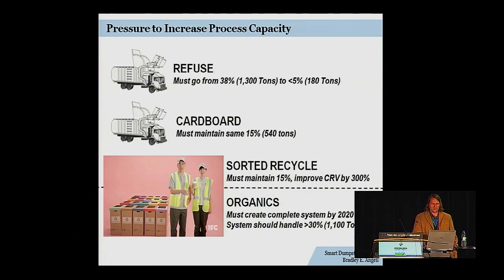So we have a lot of pressure to increase our process capacity. Even though we are at about 70%, we really have difficulty achieving 95% because most of that stream has to come from organics. Right now about 38% is refuse, about 15% is cardboard, another 15% is sorted recycle. But this other 30% that is going to come from refuse is your soiled paper, your food waste, mostly the